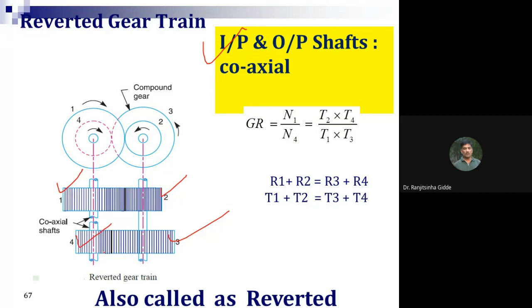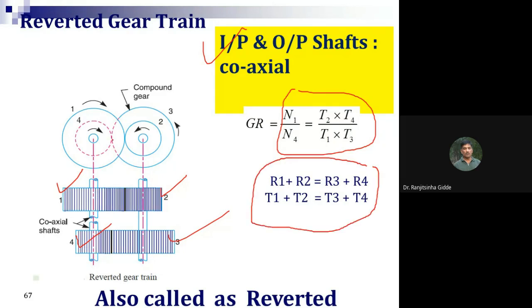There you can write N3 upon N4 is equal to T4 upon T3. That we are going to write. And by multiplication we will get these values, and this is the condition whereby the radius of gear number 1